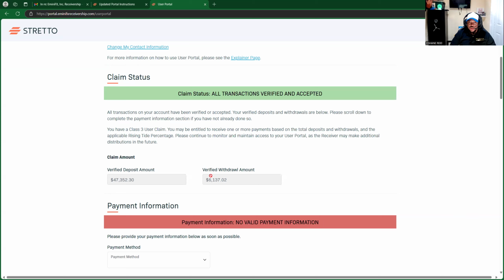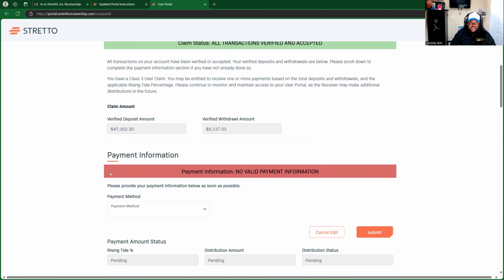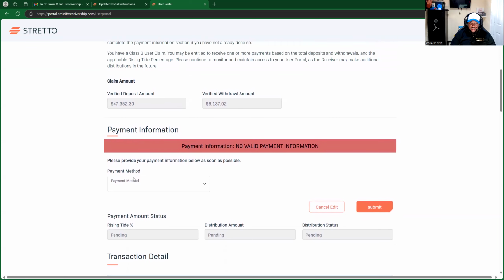If your withdrawal amount is larger than your deposit amount, this will not pop up, right? This will not pop up. So for example, if my deposit amount was 6,000 and my verification was 47,000, what would happen is nothing. I wouldn't even get an email for this process,